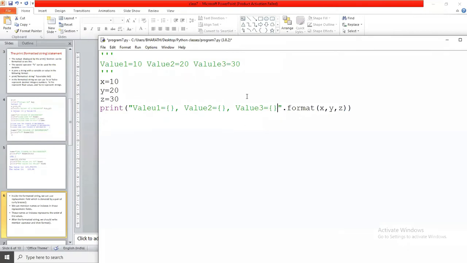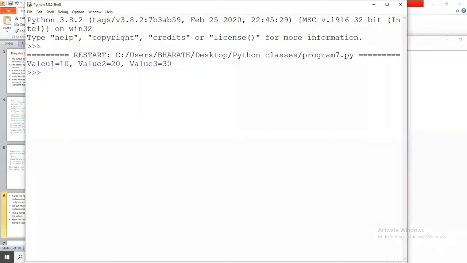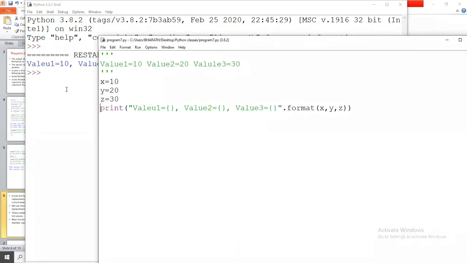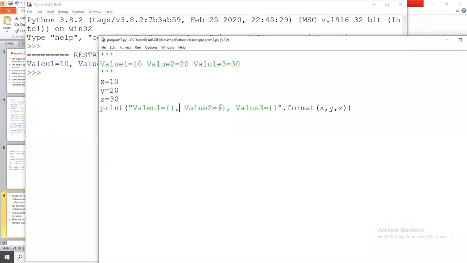That's it. Okay, try to execute this. So you see value 1 equals to, sorry, spelling.